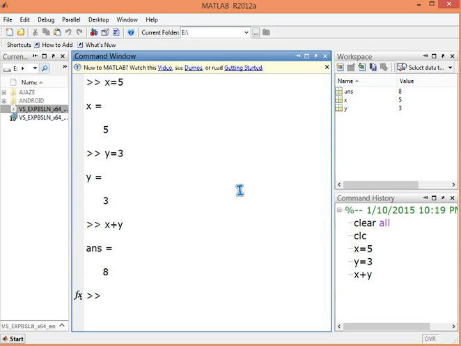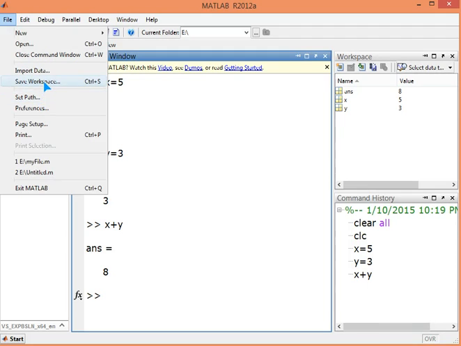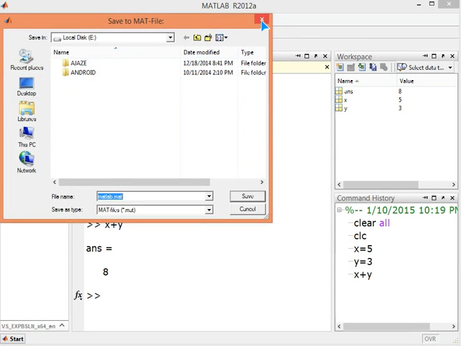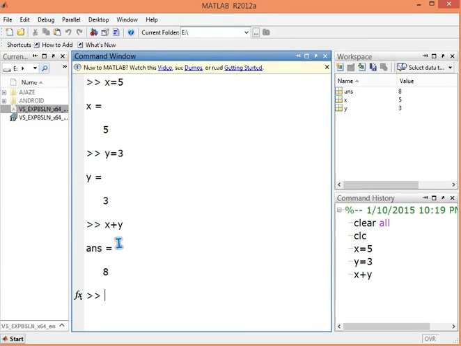Now what happens if I want to save this scenario? We can save this workspace, but this is not going to save the commands. This is not the way actually. So this will save the session, of course, but how to save these commands? Once you have written them, you may want them to be saved somewhere.